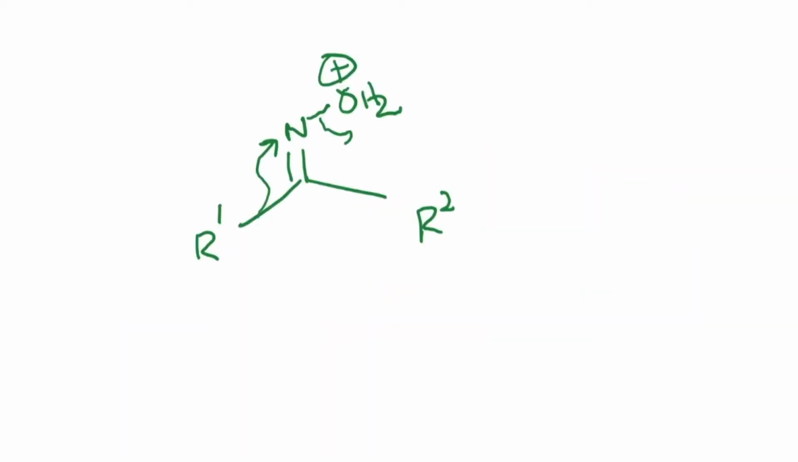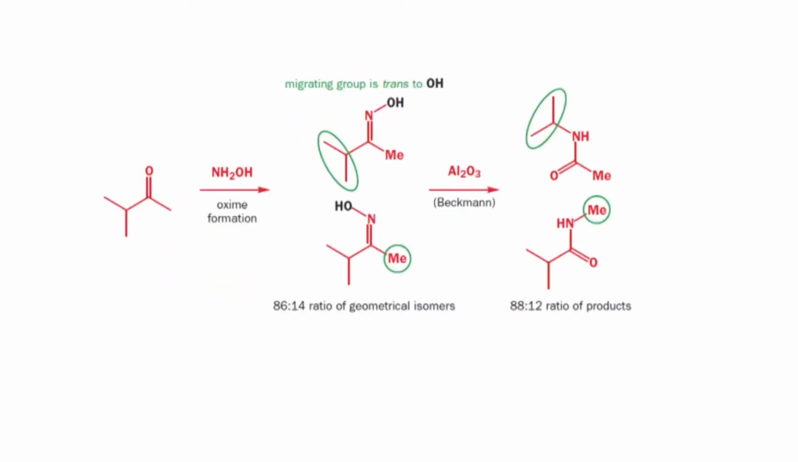Okay. So the way we understand this is that the nature of this group here is not really important. What is more important is which group is going to be trans to the leaving group. So I'll give you one more piece of evidence to support this. When you start with isopropyl methyl ketone and react it with hydroxylamine, you get like an 86 to 14 ratio of these two products. Again, the isomer trans to the hydroxyl group is more favored, and that is the isomer that is produced in greater